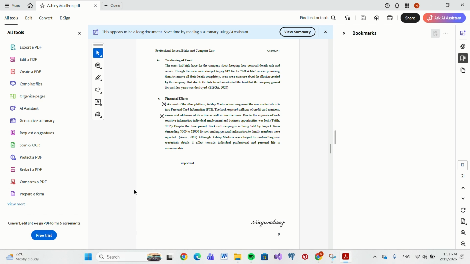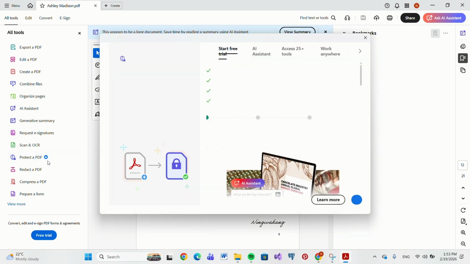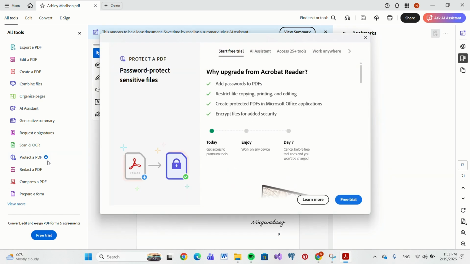Once the PDF page opens, make sure to look at the left screen where you will see different options within the All Tools section. Then move the cursor towards the Protect a PDF option given within it, then tap on it. Keep in mind that the password encryption requires Adobe Acrobat Pro, so the free Reader version does not allow you to add encryption. But if you have already subscribed, when you tap on Protect a PDF, this will open